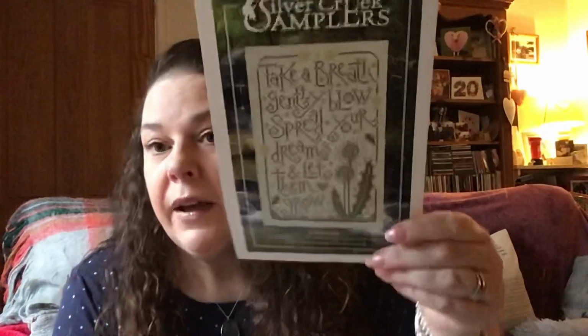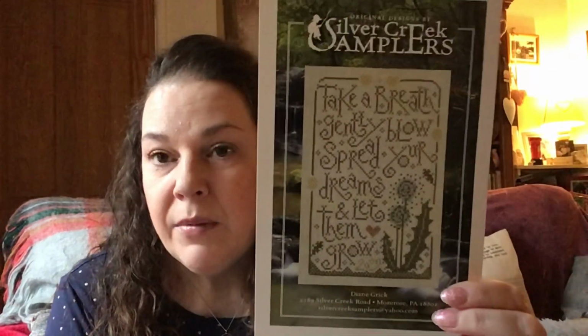Look, the next one is my longest WIP that I said I'd have done by now, but I don't know what it is about it. It doesn't call to me, but I really need to get on it and get this finished. Shown this lots of times. Silver Creek Samplers, Dandy Dreams, and this is for my friend Anne. It was her 80th birthday in May, and I'm doing this for her because she loves dandelions. And I'm nearly there. I think I'm going to use this as my focus piece this coming week and just crack on with it,